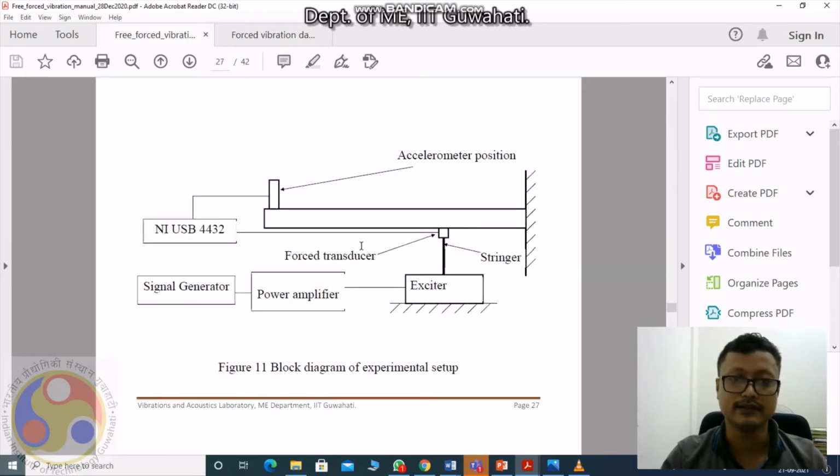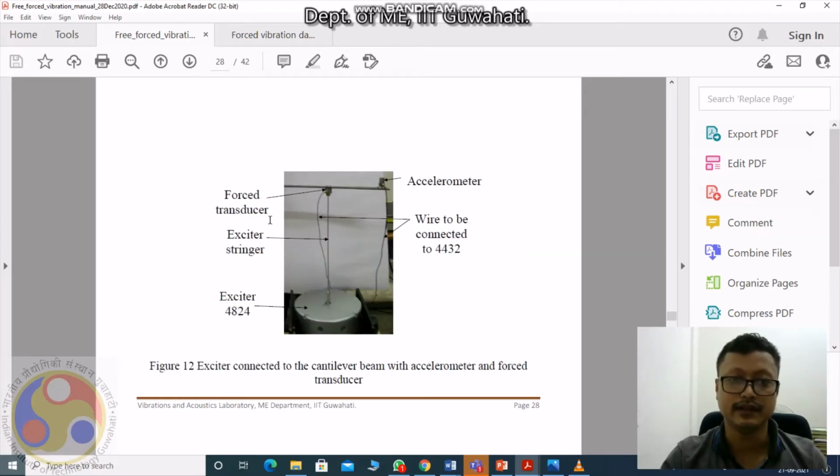This is the accelerometer, and this is the exciter. You need to connect this string here by means of some threading arrangement. This is the beam, and you can collect the data of that excitation through the accelerometer in the PC through LabVIEW software. So this is the arrangement.